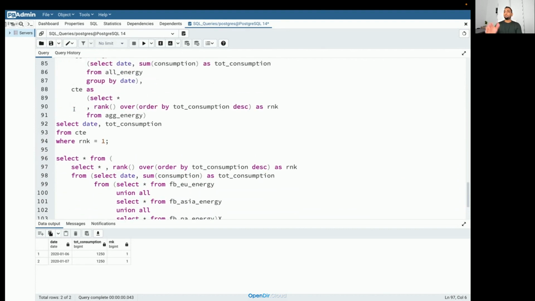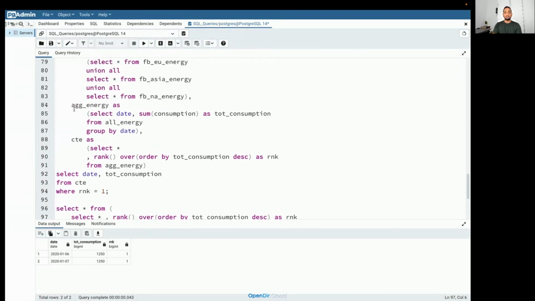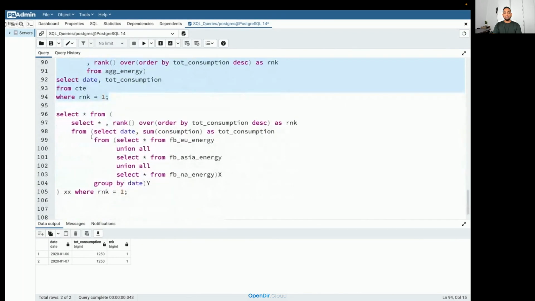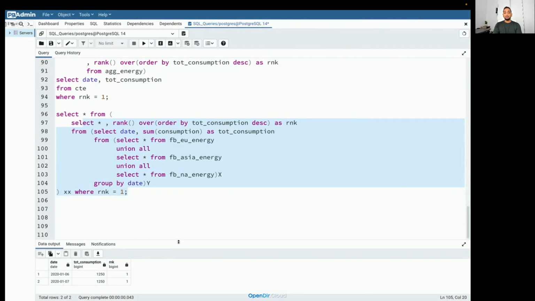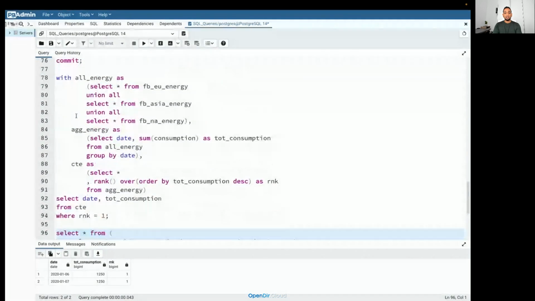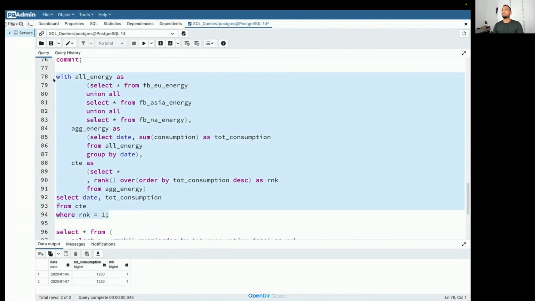But I hope everyone has tried and you got some understanding of how you can convert a query from a with clause into a query using subqueries. Now can you tell me which is easier for you to read out of these two queries? You have this query which is written just by using subqueries, and then you have this query which is written using with clause. Which is easier to read? With clause, right? So it's very obvious.